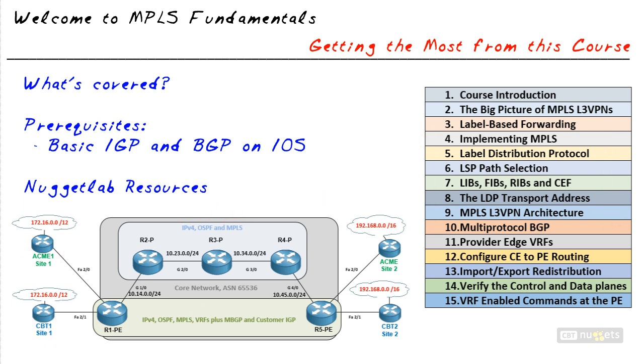Now, to optimize your time and get the most you possibly can out of this course, there are a couple of really basic prerequisites. Number one, you should have a basic understanding of routing protocols so that you've configured and worked with things like RIP, OSPF, and EIGRP before on a Cisco IOS router. It would also be helpful if you have a basic knowledge of Border Gateway Protocol and have configured it on a Cisco router as well. Now, you do not have to be an expert on either of those. However, it will help as each of those are ingredients that go into this recipe for MPLS applications,